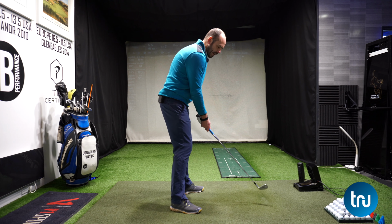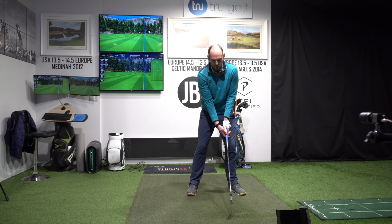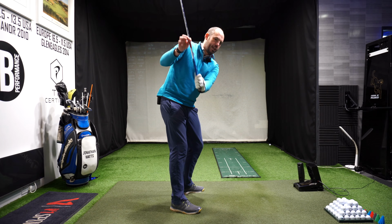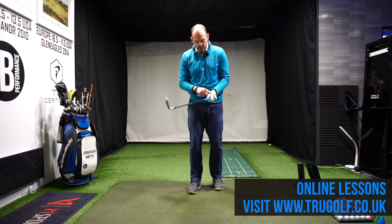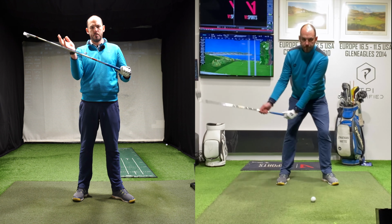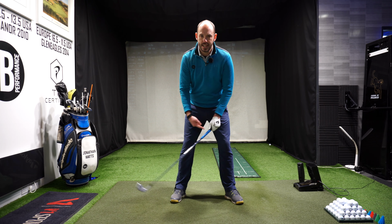Because what I see when players get this inside fault here, as I said, is their shoulders are very level, the forearms are very level. I want you to try and feel like that club is working up a lot sooner. And the sensation, as I said here, is going to be lead hand down, trail hand up. So start by just splitting your hands. So put your trail hand down on the club shaft itself and just try and get the feeling of lead